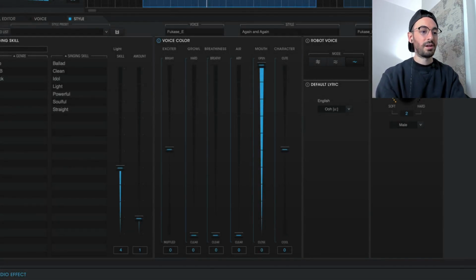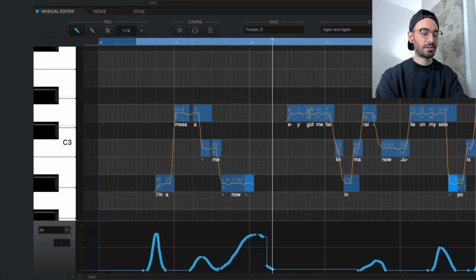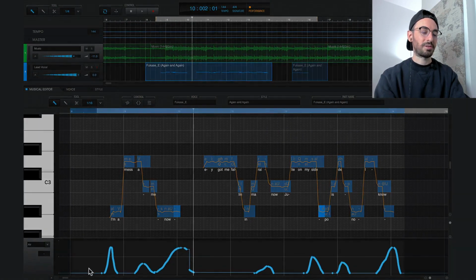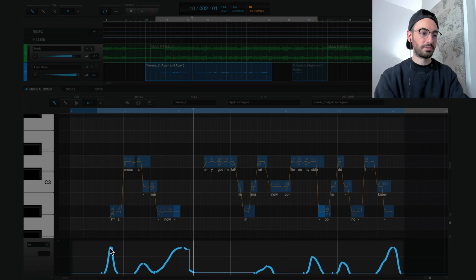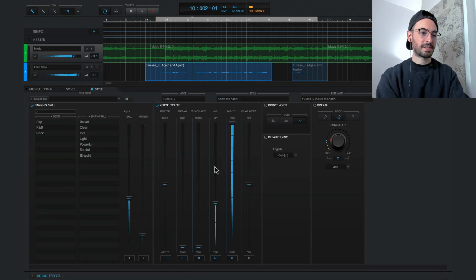Well, that's not true. If you jump into the musical editor, you could open up this little switch, and you can see over here it says air. Now, what I could do is draw in all these movements. And see this little blue line going up and moving back down? That's something that I drew in with a pencil tool. And what that's doing, for example, say this blue line is going up and it goes back down. What that means is I'm essentially taking this fader that says air and I'm moving it up and moving it back down, and I'm doing it exactly when I want it to happen with Fukase's voice or whatever singer I'm using at the time.